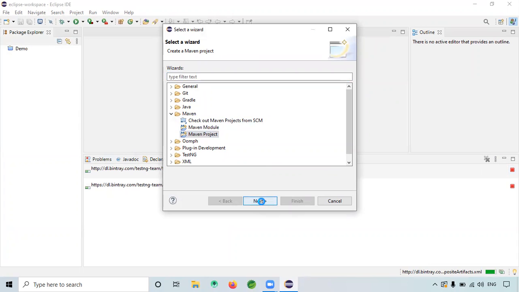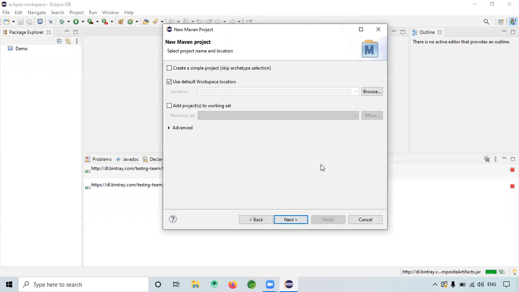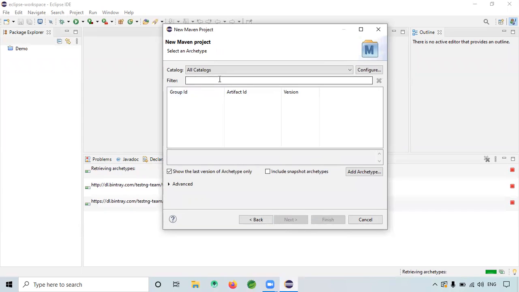Click Next. So here you need to choose quick.